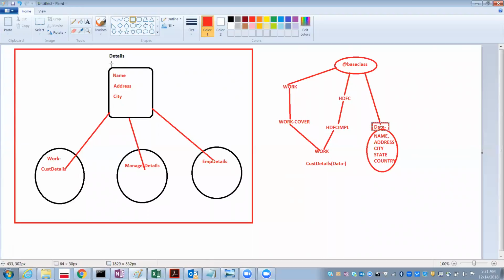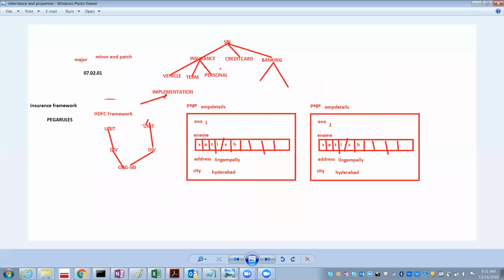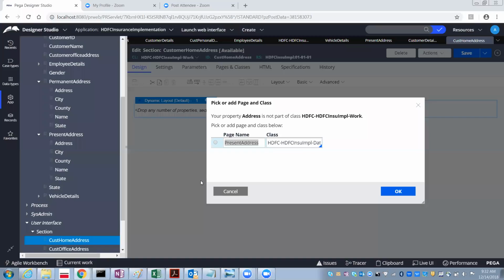So for this I am giving the label. Here also, the page name I'm giving is employee details, right? Like that I can give present address. Present address dot address, present address dot city, like that. I'll show you even in the clipboard as well.